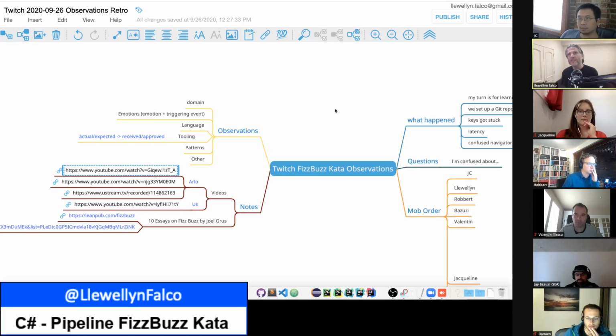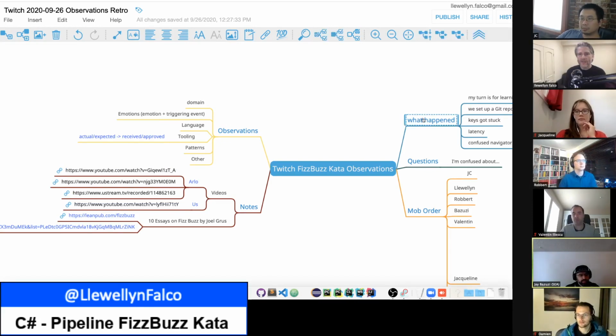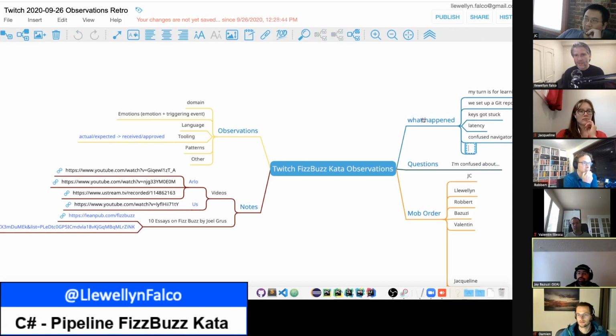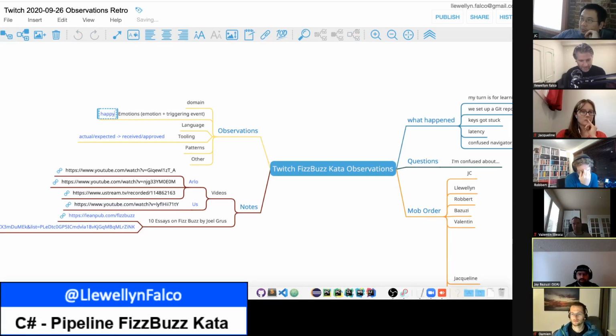And then a good thing to focus on is the emotions item. If you notice any emotion that you had come up, go ahead and add an entry to that, and then try to remember what event happened right before that emotion, because that can unlock a lot.